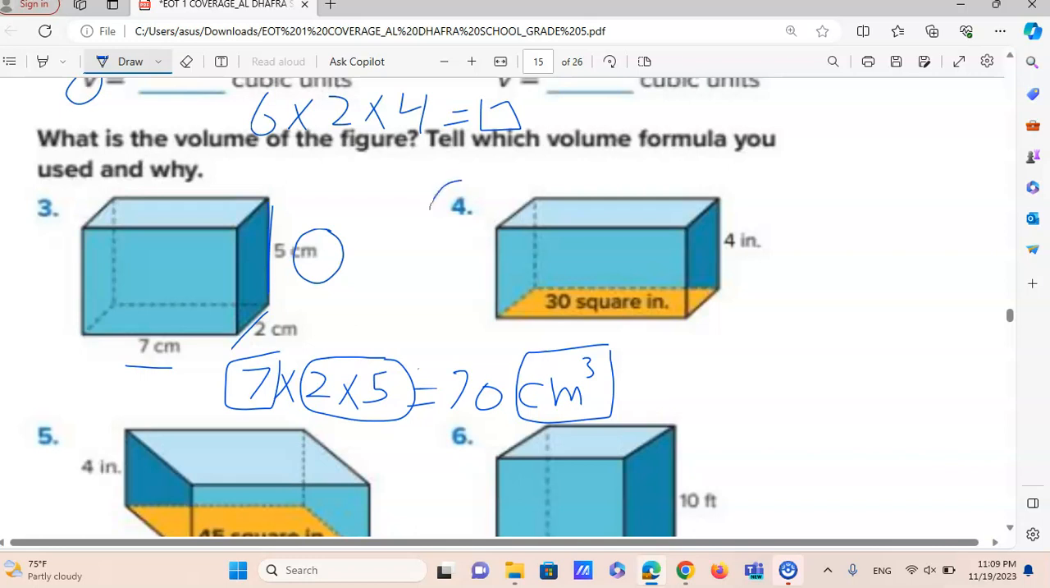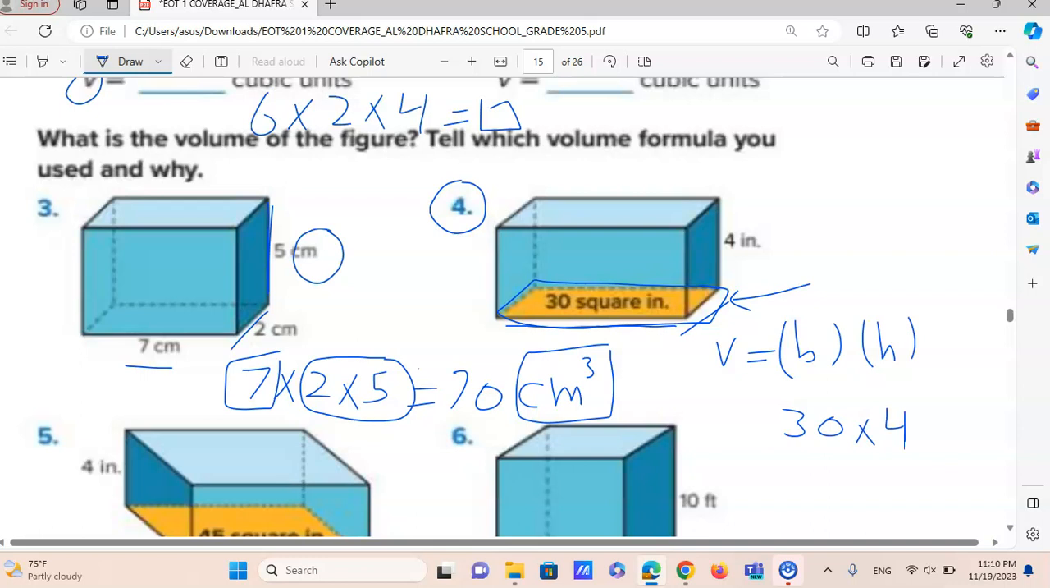Here we can determine the volume in a different way. When you multiply length and width together, they give you the base. So you don't have length and width. So you can say easily volume equals base multiplied by height. So what is the base here? 30